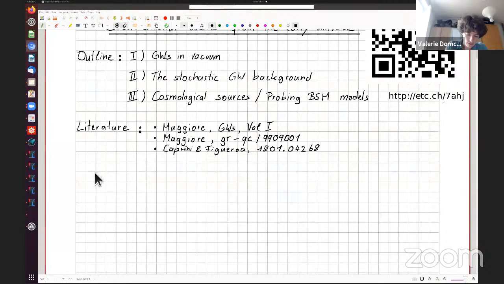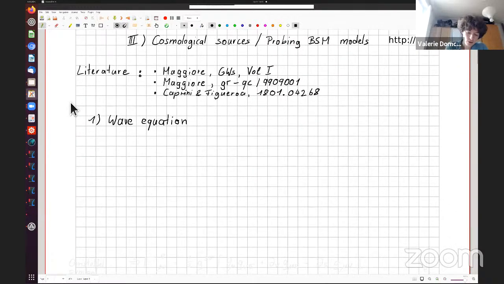The first topic that we want to talk about is the wave equation, which is essentially the defining equation of gravitational waves. And to do so, we will start from Einstein's equation. I'll be doing essentially all of the lectures in handwriting. You know best what's the best way for you to learn, but I do encourage you to take notes if you find that useful, because I won't be writing down absolutely everything that I say.